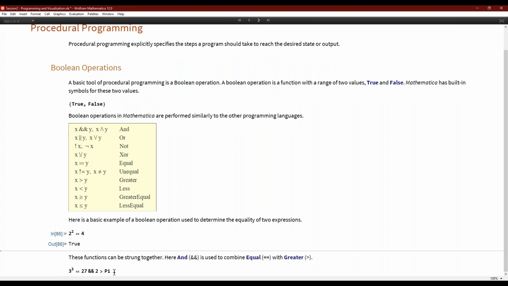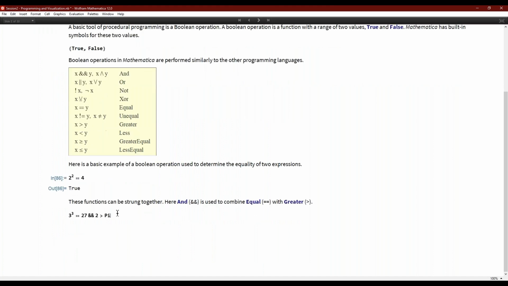But you can put these things together, not nest them, sorry, in a way that then allows you to do things like, is 3 cubed 27 and 2 greater than pi? And hopefully we all know that's going to go for false, because 2 is not greater than pi. But it's these kind of abilities to check if something is true or false that allows you to program some interesting logic into your